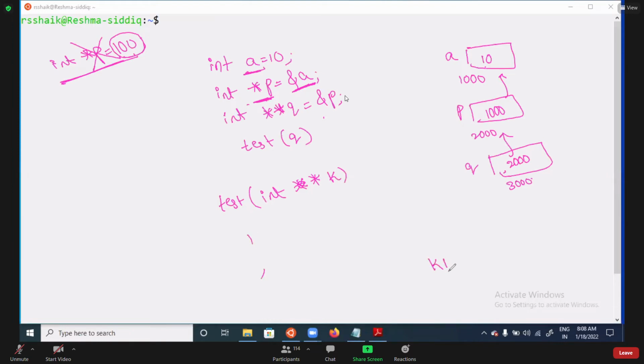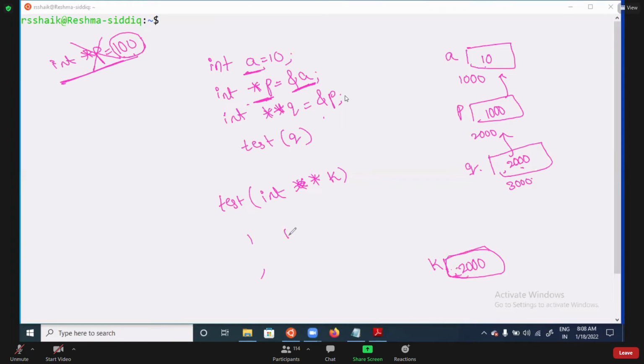Now memory is created for K. It is holding Q. Q means the content 2000 it is holding. According to Q, 2000 is the data. Then this data is passed, the value is passed. With respect to Q, 2000 is a value. So according to us, maybe it is the address, but according to Q, it is a value. So I am passing the value of Q. Whenever I am passing the value of Q, it is collected by K. Now K is holding the value 2000.